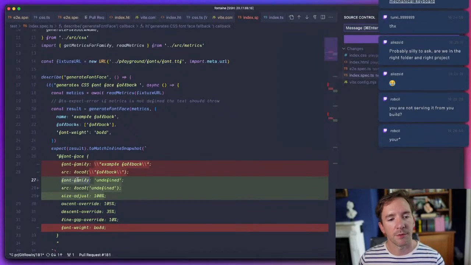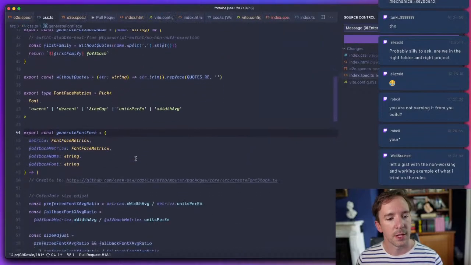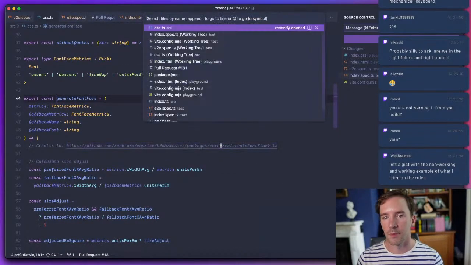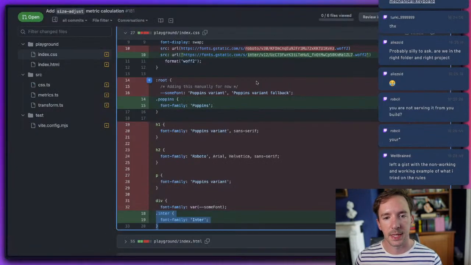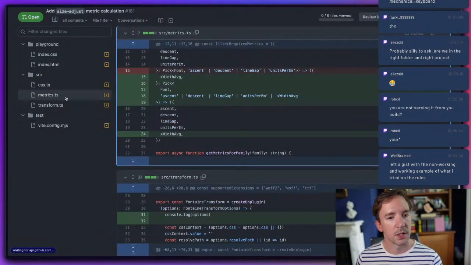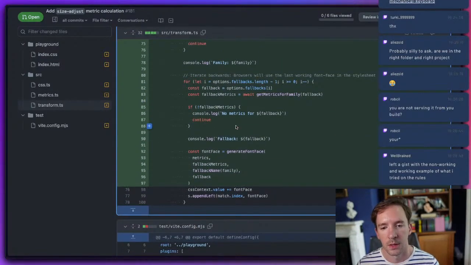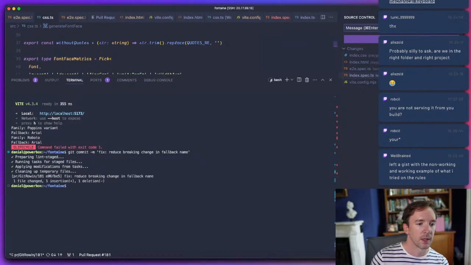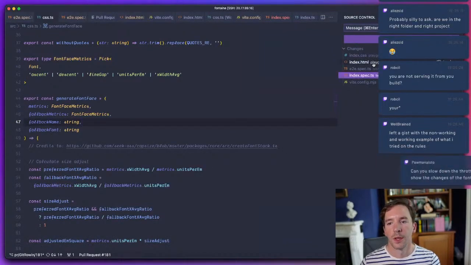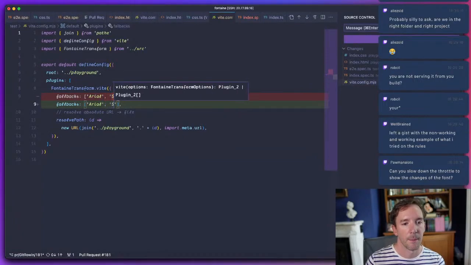Okay, so we're generating font family in our generate font face. And this was something that obviously changed in the pull request. So let's see what changed. All the logs are probably useful in terms of the code. So if we were to update this, there's a second possibility for a